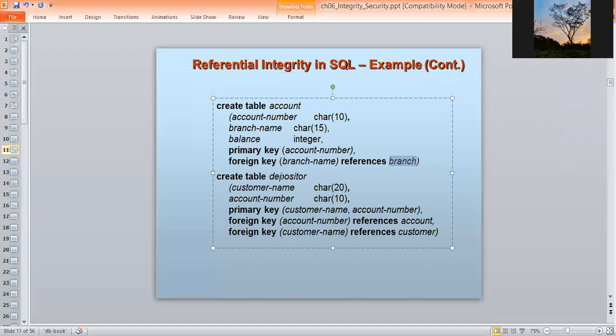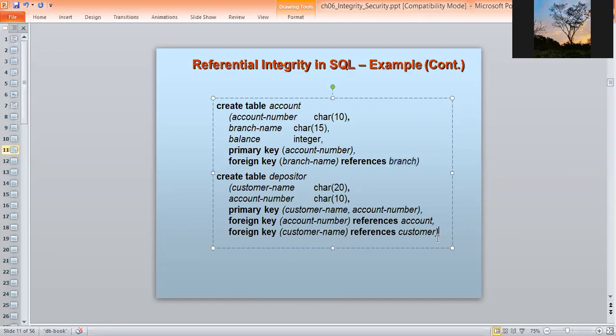Okay, create table depositor is another example with the following: customer name char(20), account number char(10), primary key customer name and account number. Here you can see that customer name and account number both are acting as the primary key, whereas the foreign key is the account number, references account, and the foreign key is the customer name, references customer.